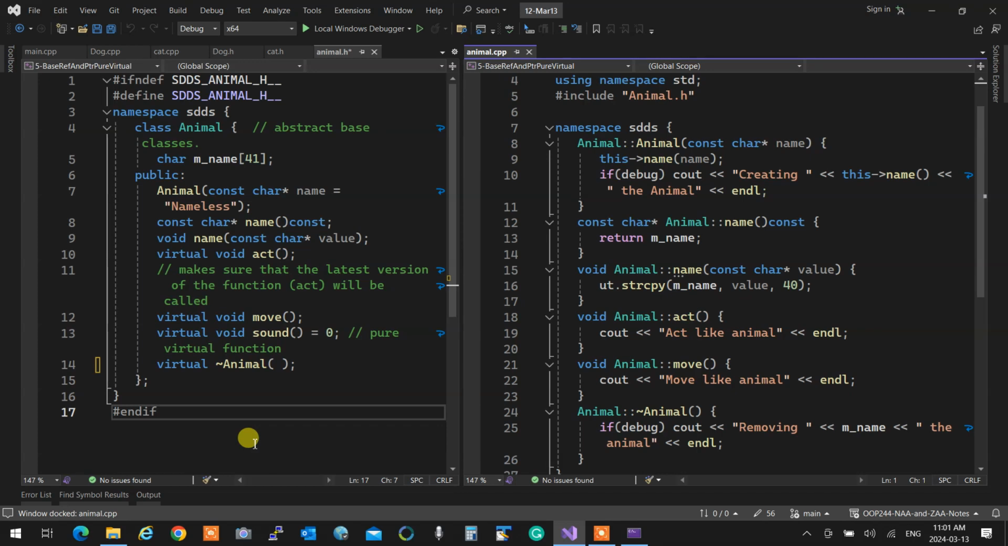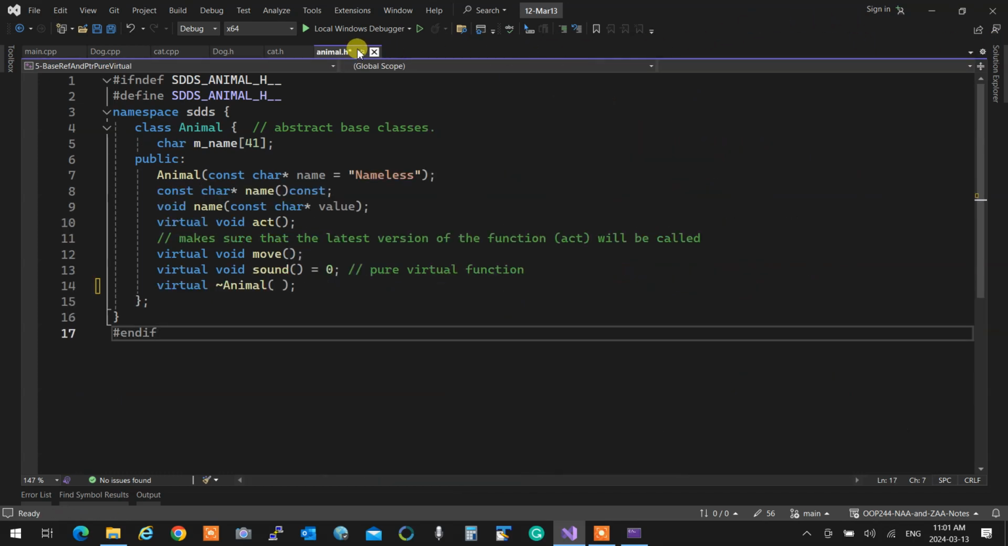I'll bring the code up for you to see how it is. So the interface,